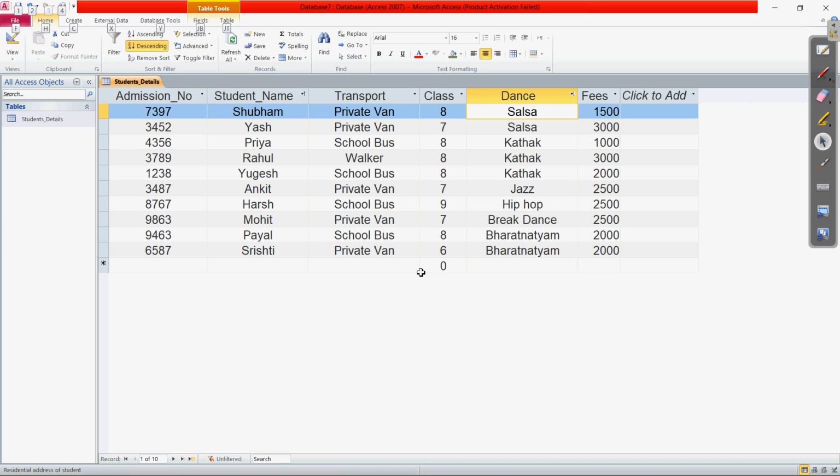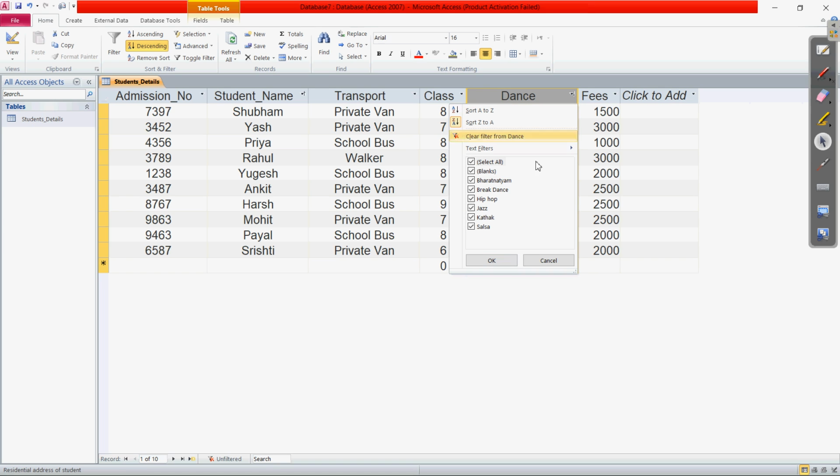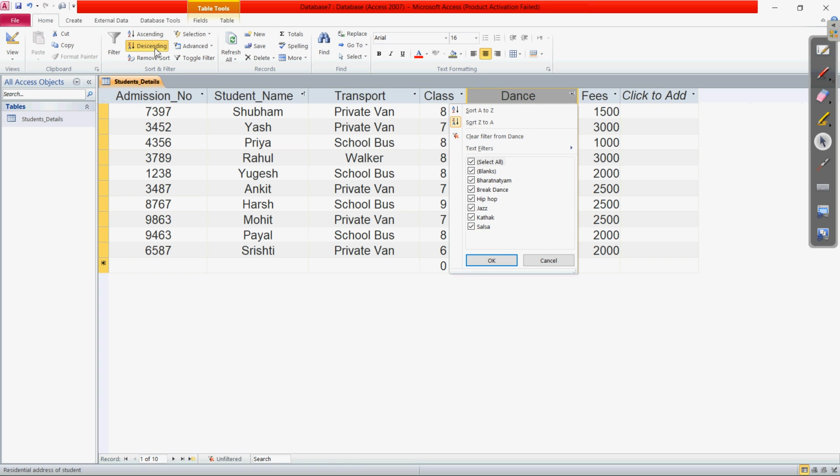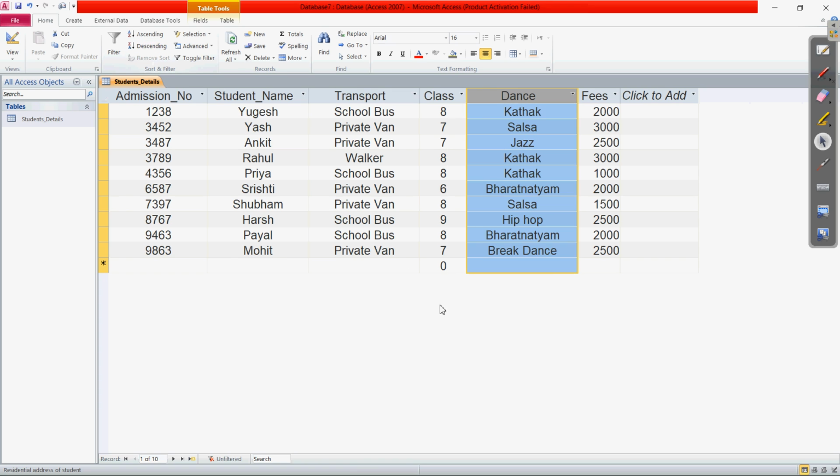If we can make it unsorted data again, okay, so here is the random data without any sorting order. So now we are going to use the filtering by using the form.